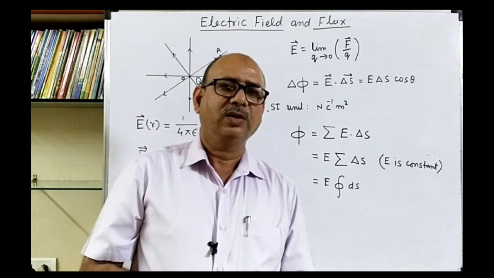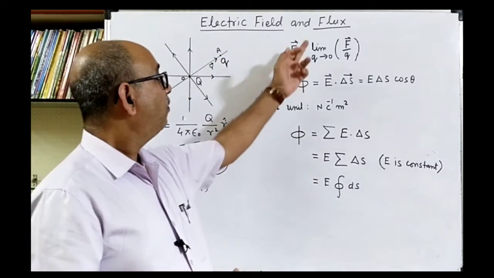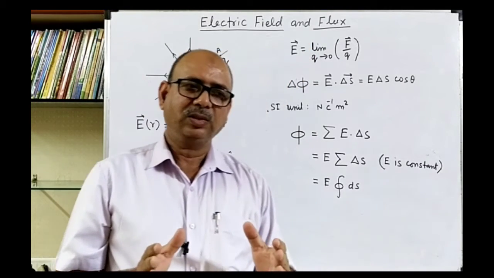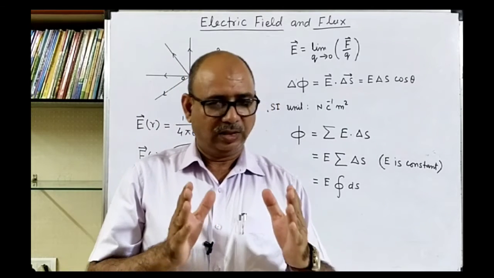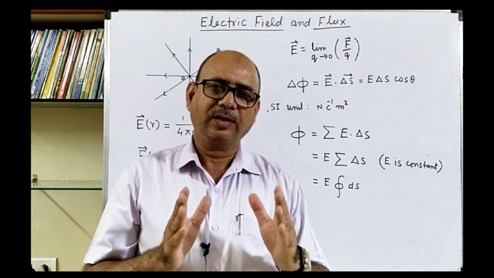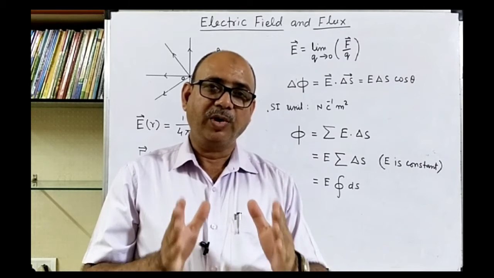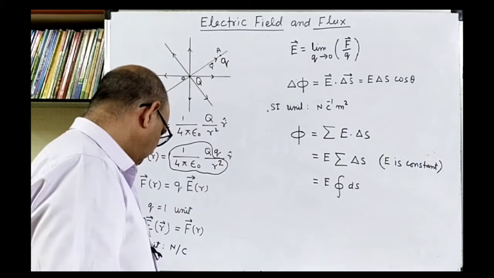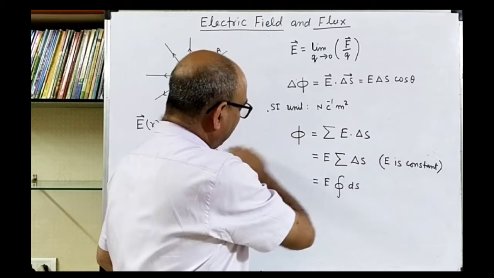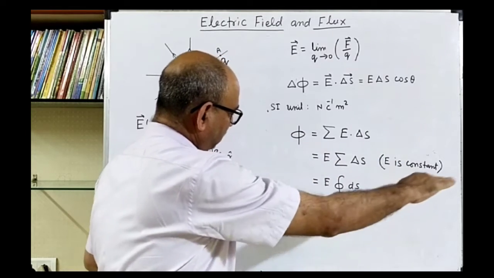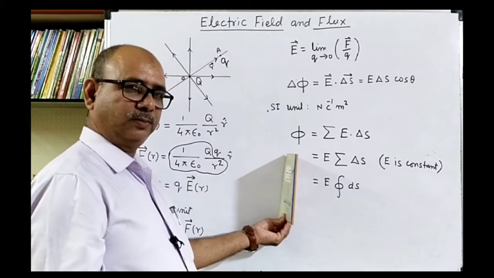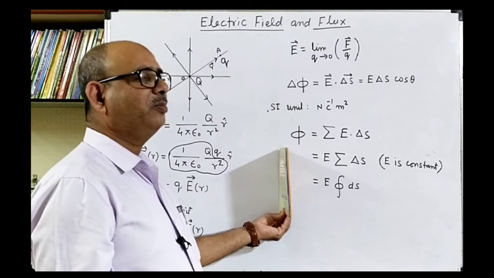Let's move to another term called electric flux. If you place a surface in between the electric field lines, then how many electric field lines are crossing the surface perpendicular to it? Suppose the electric fields are passing through this one, and we place a surface. This is my surface, and we can say this is the incremental surface.